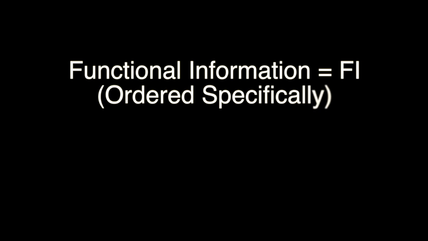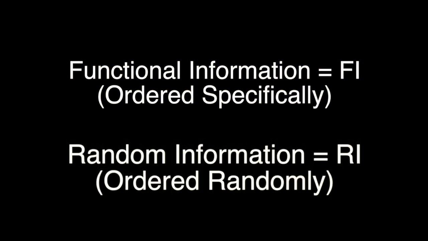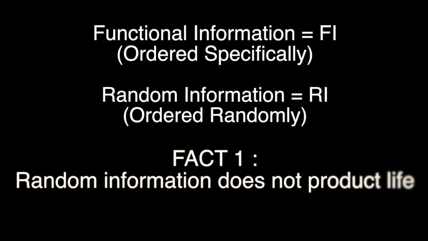Let's first start with some undisputed facts as they relate to any information system, including DNA. There are essentially 2 types of information: functional information and random information, which, if you want to get technical, isn't really information, I guess. So what this means is that if you took the genetic code from a human being and completely randomized its order, you would not have a living thing. Just like how if you completely randomize a computer code, you will not have a functional software. So the first fact is simply that random information does not produce life. So we will display functional information as Fi and random information as Ri.